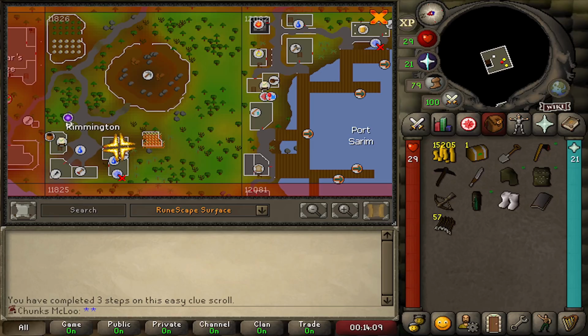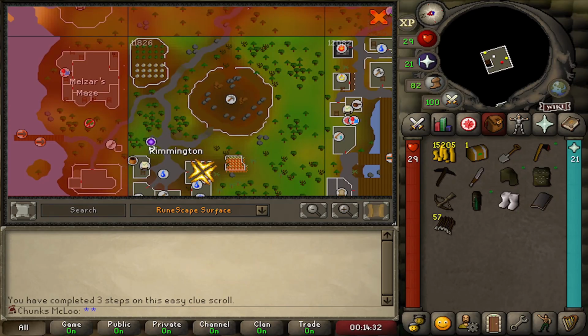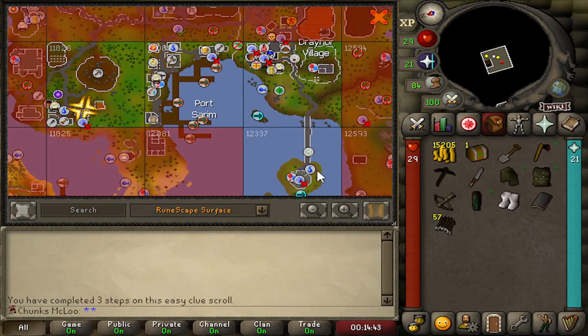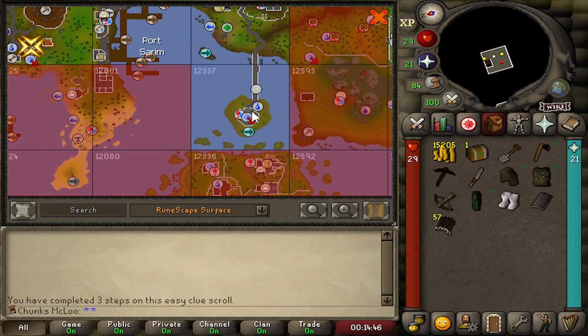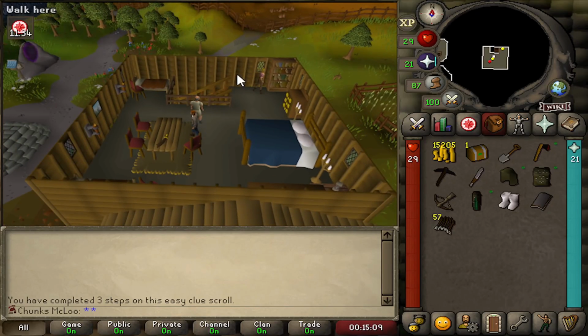We've also now got access to the Witch's Potion quest, which will give us a little bit of magic XP, although I don't think we can get everything we need to complete it within this chunk and Port Sarim, but it is really nice to see a little bit of a landmass coming together right here. Anyway, I know I said we'd be grinding out clues until we unlock Barbarian Village, Varrock and Al Kharid, but this